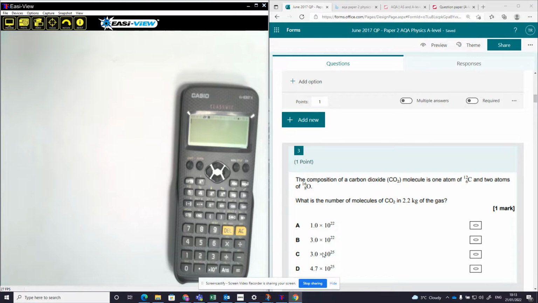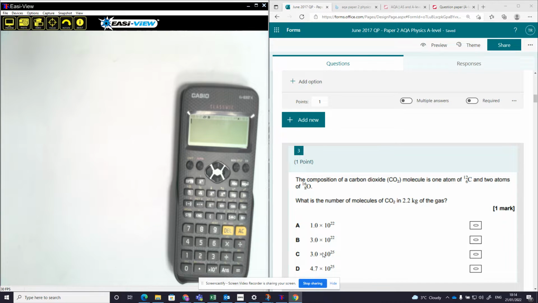This one is about the number of molecules in a substance, and it's linking the number of molecules to the number of moles that we have. So there's a couple of different ways you could approach this. You could approach this using the atomic mass unit. So you've got carbon 12 and oxygen 16, and you can look at carbon dioxide and say that there are